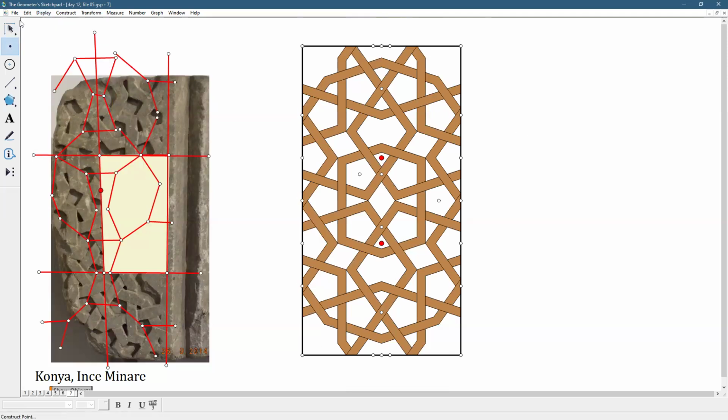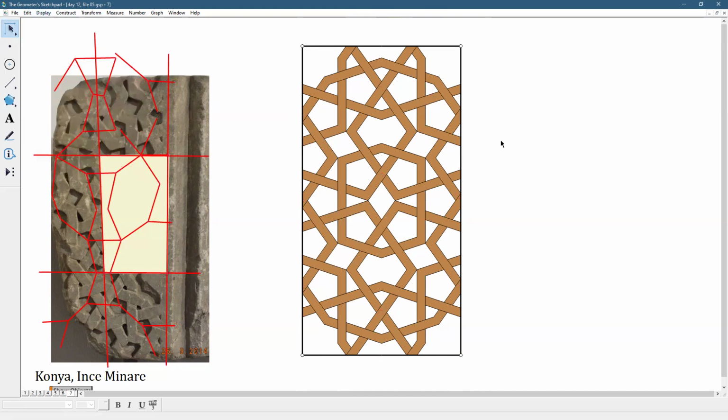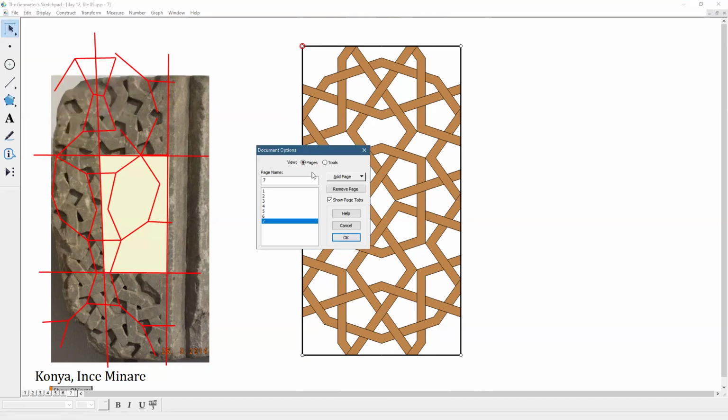Now points, edit, select all points. I just need to keep only the corner points. The other points are not important. So hide points. And now when you have this, you can go to the next page, add, duplicate